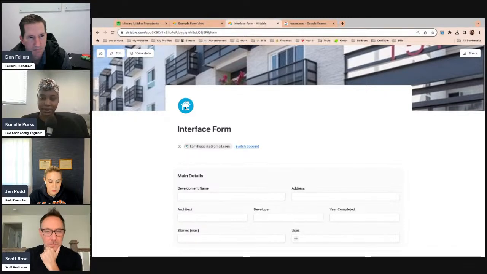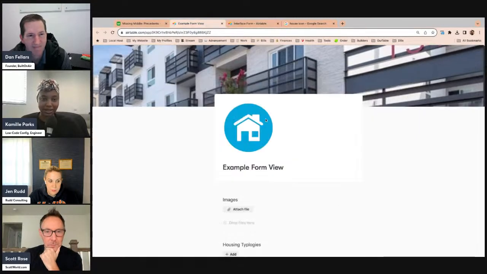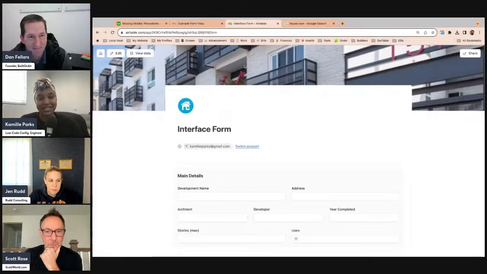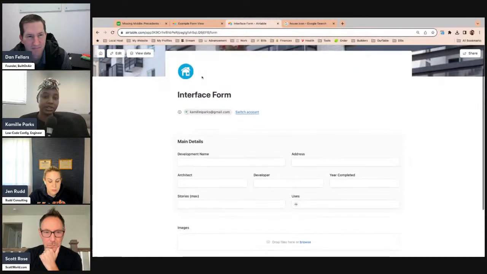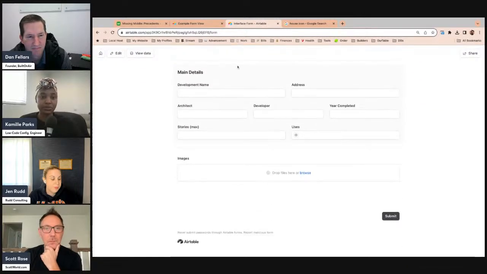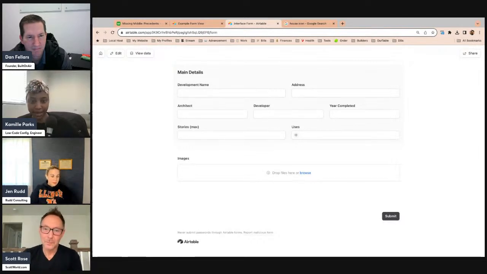One, the icon is way smaller. This is the same image. I don't know, I just thought that was funny. But I'm seeing these extra things on top because I am logged in. If I was not logged in and if I didn't have this option enabled that was requiring me to log in, none of this stuff up here would be present. So just as a reminder, it does follow regular interface detail page